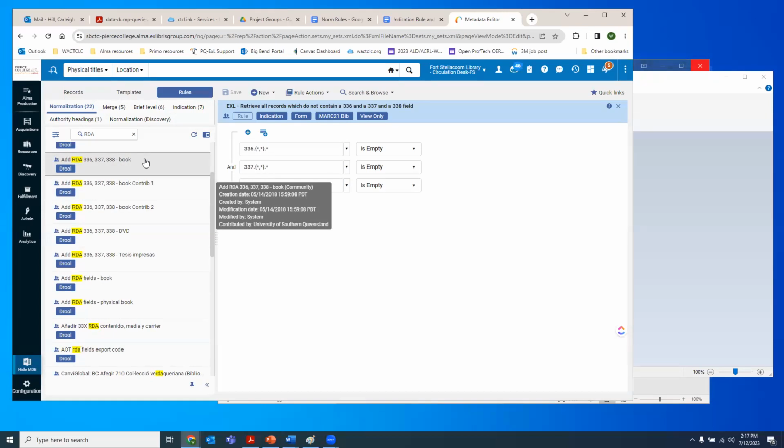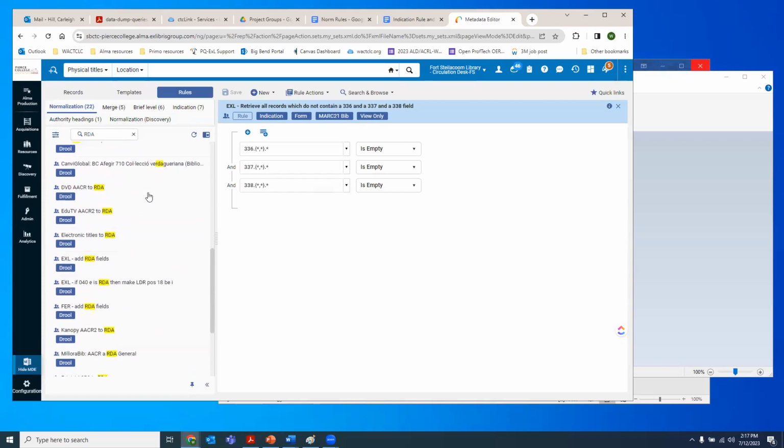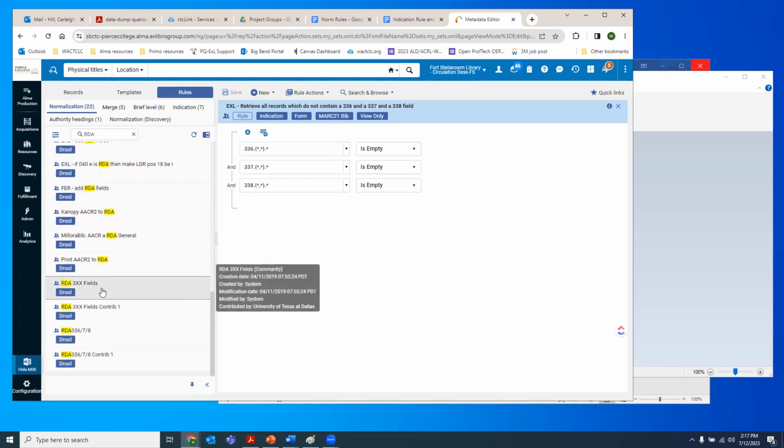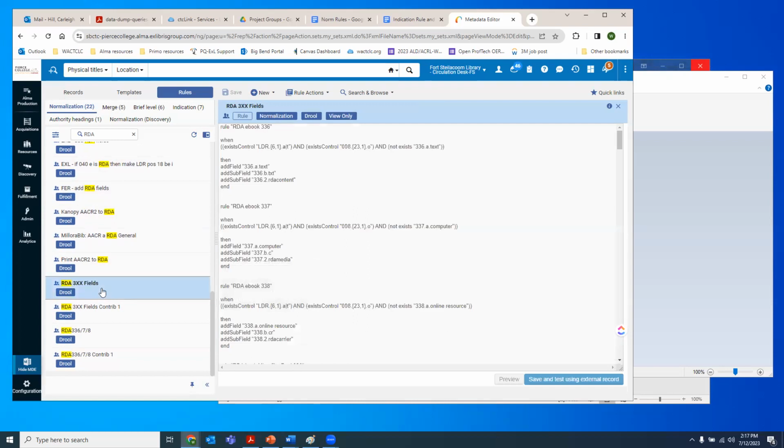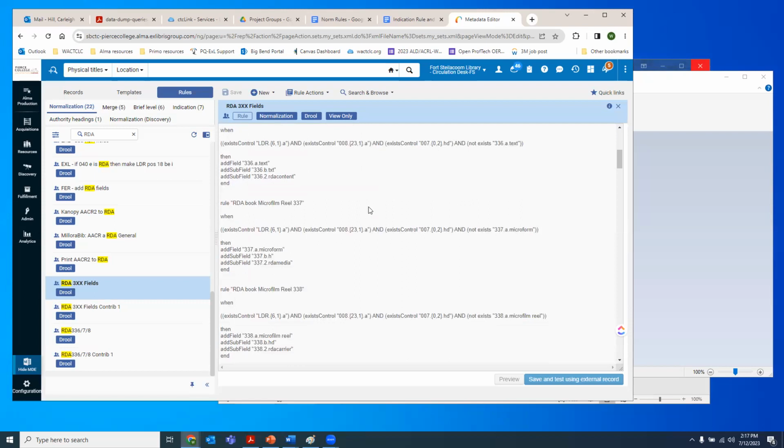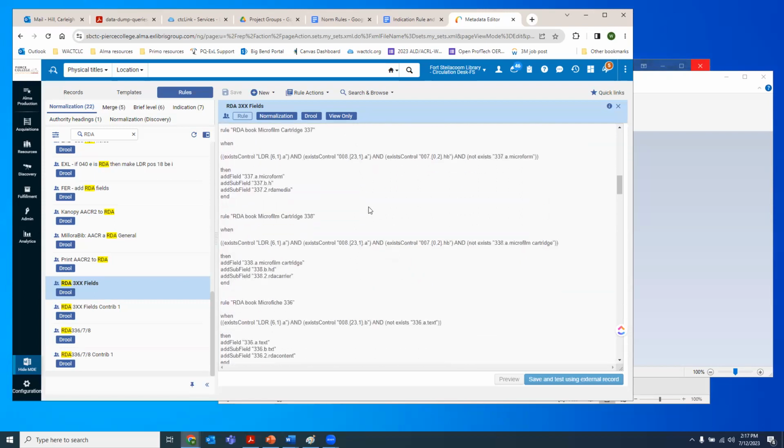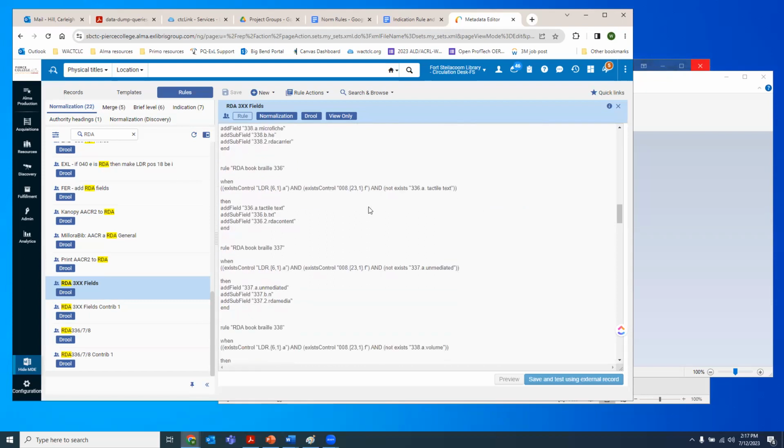The RD3XX rule, which is down at the bottom here, this one will add those subfields with the appropriate content for any non-physical book. So it covers quite a few formats: ebooks, microfilm reels, microfilm cartridges, microfiche, braille books,